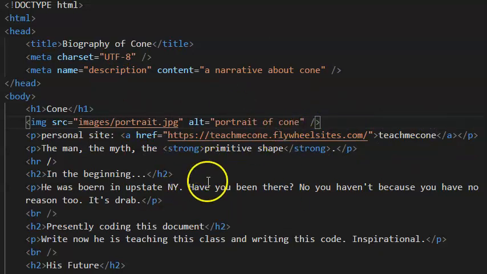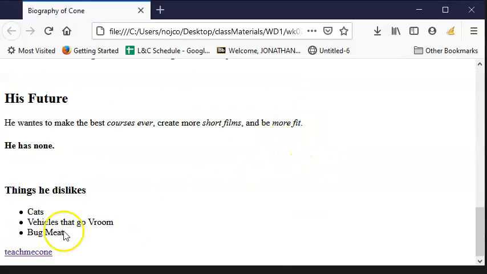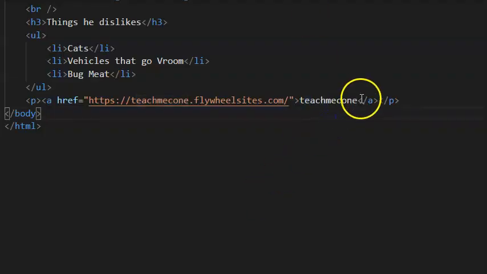I want to put another picture down here. So you might have noticed that sometimes when you click on links, the links themselves aren't actually text, right? Right now, if we look at this, you're going to see that at the very bottom, it's the underlying word, right? What if you want to use a picture? It's actually really easy. All you do is take out this Teach Me Cone, just delete that out,